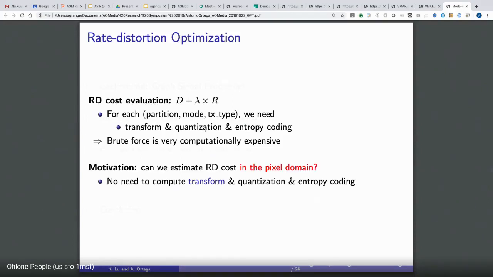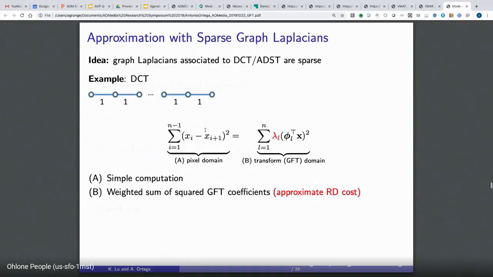If you're doing this kind of brute force approach. So one thing that we wanted to think about is whether we can explore the graph properties to do some of this in the pixel domain. So that means we don't have to first compute the transform and then evaluate RD performance in the transform domain. Okay. So how might this be possible? So if you look back at the